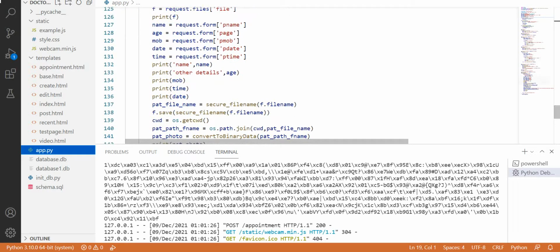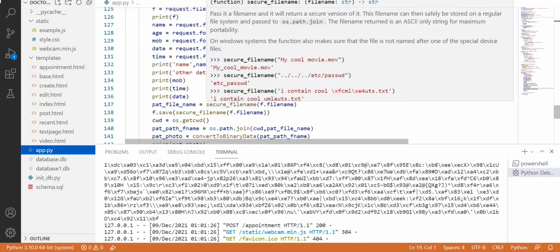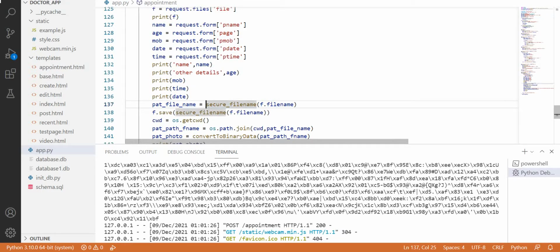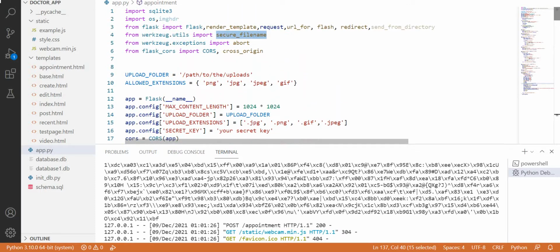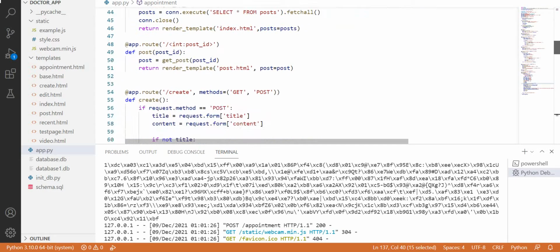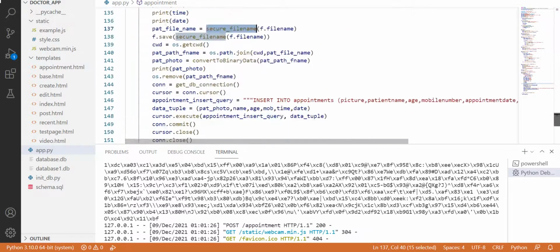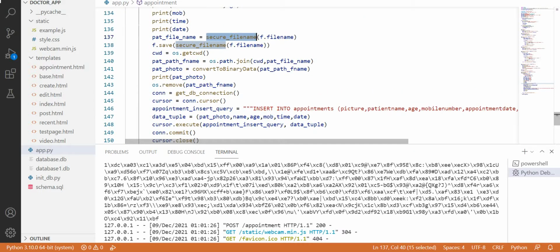Then we have secured the file name, because file injections can be avoided with this secure file name. These things can be referred to in Werkzeug utils. You can explore this. They have given a use case for that. That is why it is done like this. Secure file name is done.